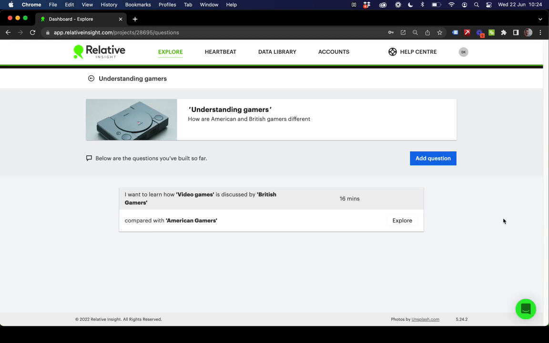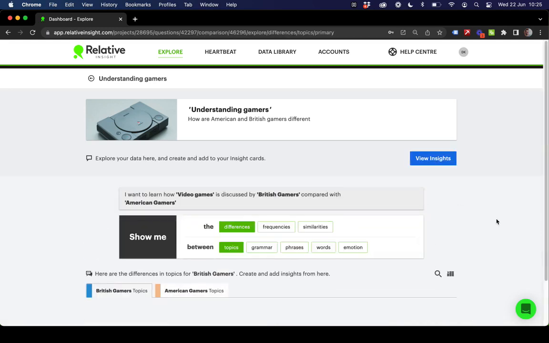If we wanted to add additional ones, we could simply click the Add Question button here to go through the process of creating an additional comparison and attaching unique data for that comparison. But in this instance, let's go in and look at the results of the analysis for our British versus American gamer comparison. To do that, hover over the comparison here, click Explore, and you'll be brought into the results of